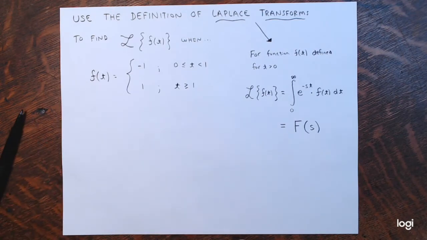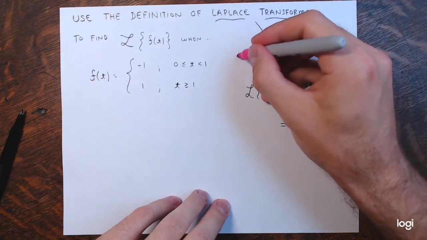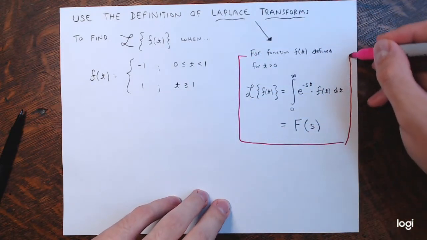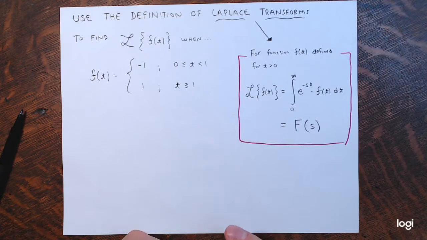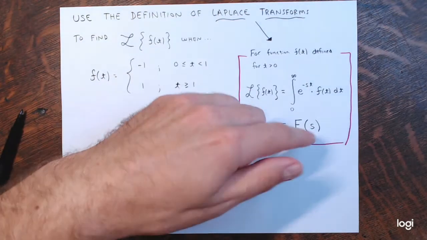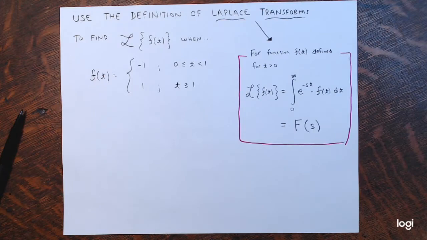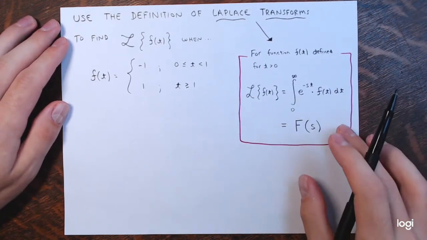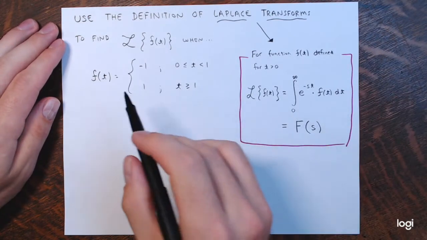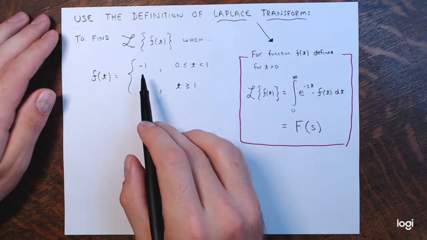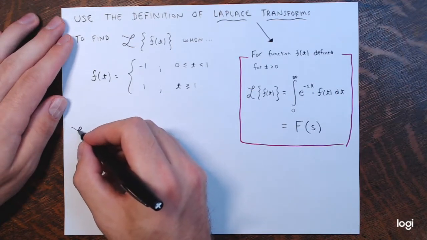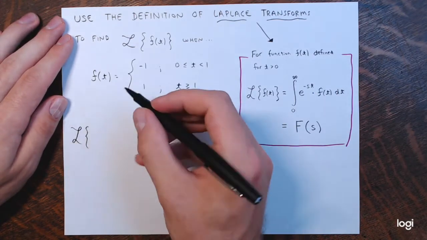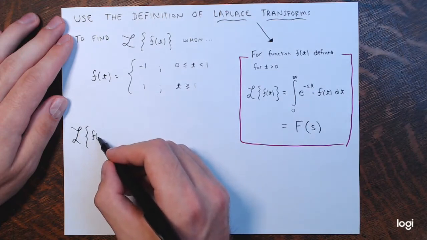All right. And we also are going to have to pay attention to what values of s would actually make this limit, this integral exist. And I'll point that out as we go through the examples. What values does s need to take on in order for the limit of this integral to exist? Okay, so again here, piecewise defined function. The Laplace transform of this function, now again it has two different definitions here, so I'm just going to write f of t